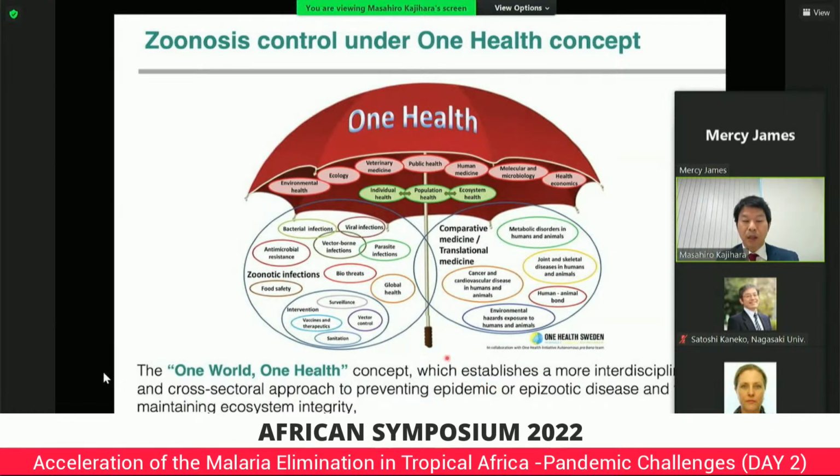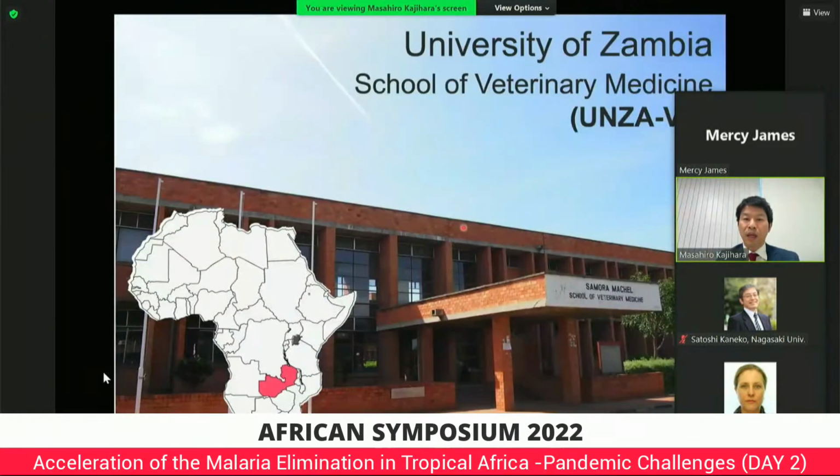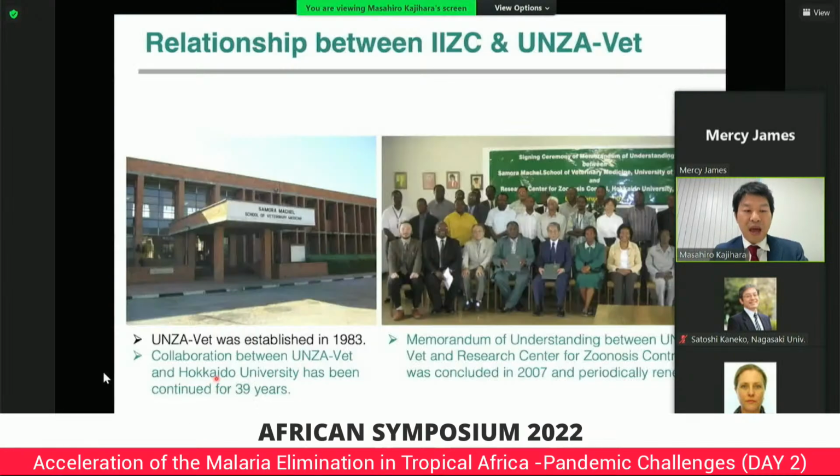This is why it is quite important that not only human, but also wildlife and livestock health surveillance networks should be formed. So we have a strong collaboration with the University of Zambia School of Veterinary Medicine, UNZAVET, in Zambia. We have a very long collaboration history. We have continued the collaboration